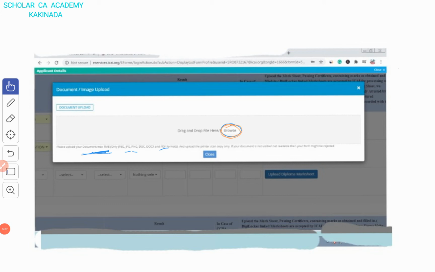After clicking on upload mark sheet, this page will be displayed. Click on browse, navigate to the location where you saved the attested mark list, and click on it. After uploading, this page will be displayed.